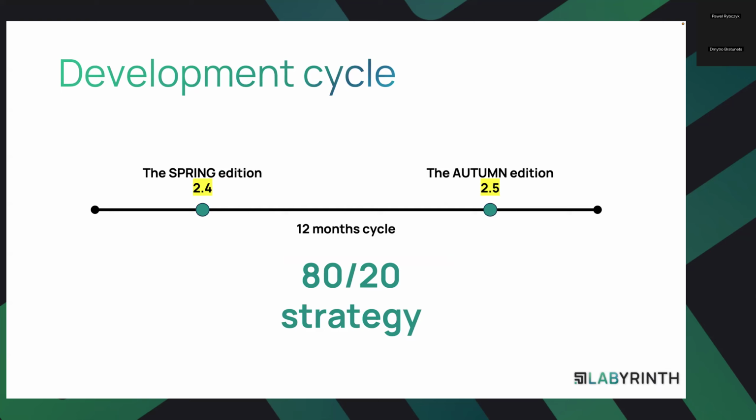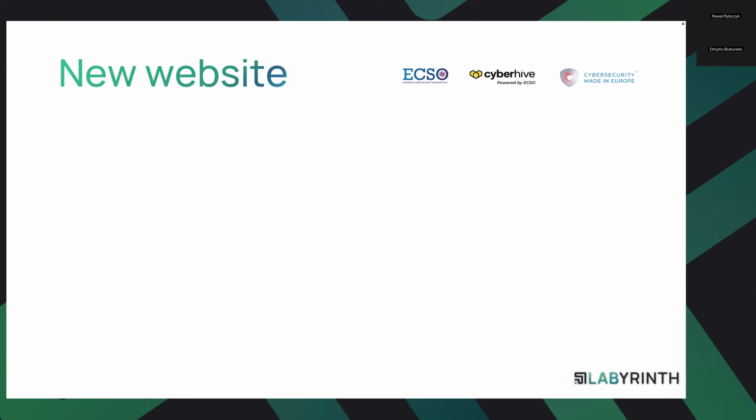So stay tuned. For all the customers who have a valid subscription, you are able to use the latest version just by updating it. Version 2.4 was published today. So if you are an existing partner or customer of Labyrinth, just when we finish the presentation, you can click on check for updates, and you should see and be able to download and deploy automatically the latest release. The knowledge base is also updated. So if you have an on-prem air-gapped version, you need to download the updates manually, but it's already published on the